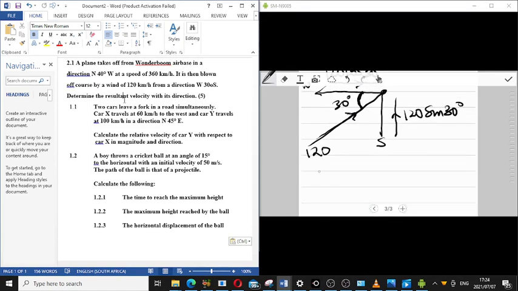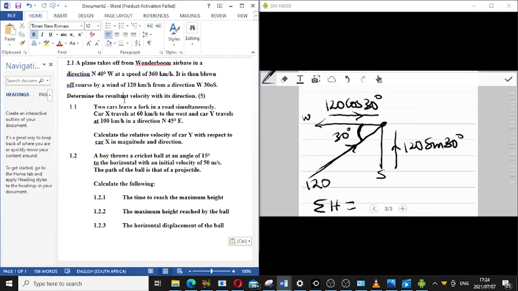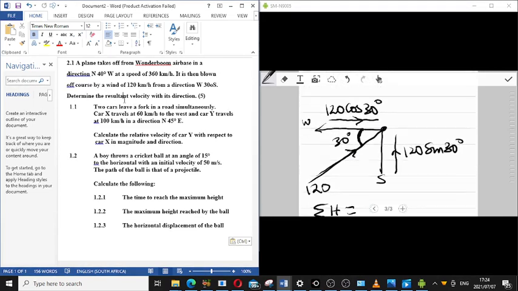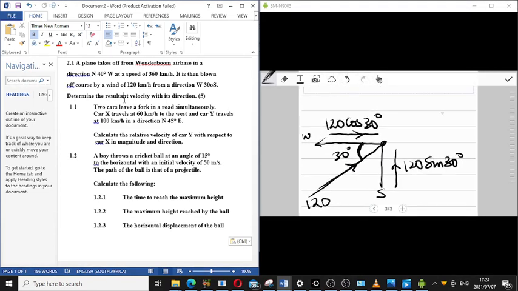Now we are saying what is the summation of the horizontal component. If we start with this one, the horizontal component is going to the positive side. This is the positive and this is negative. So if you check here, positive and negative, R goes to the positive side.